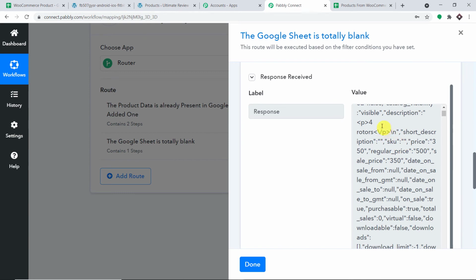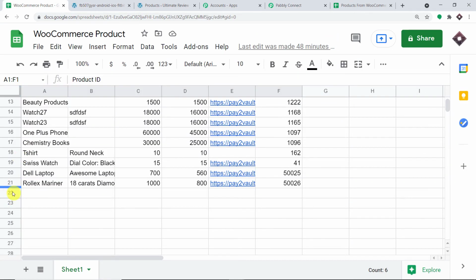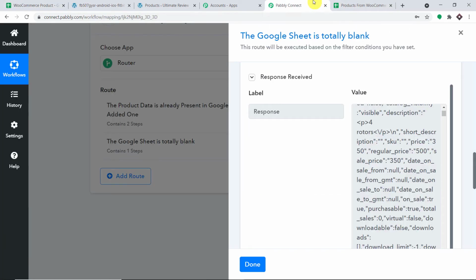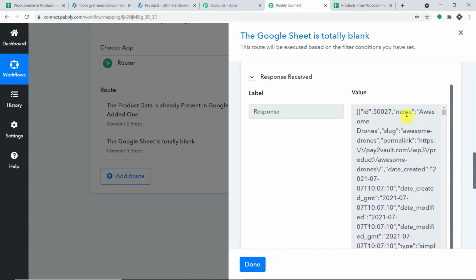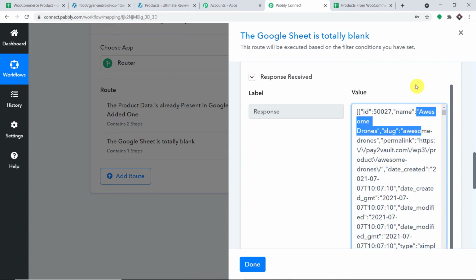Now, we have around 21 or 22 products. Out of 22 products, it is going to select the first product. In our case, the first product is the recently created product, that is awesome drone. So it's going to work on awesome drone first. That will be our first iteration. So technically it will be running around 22 iterations, one for each product. I hope it is getting clear. It is going to run 21 or 22 iterations according to the number of products that are present. And the first iteration is the one that we have recently created, that is awesome drone.